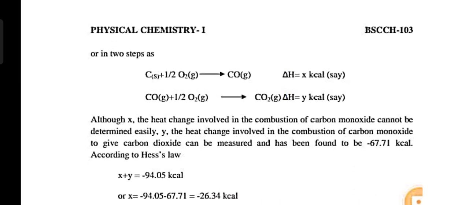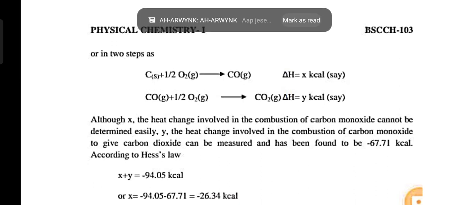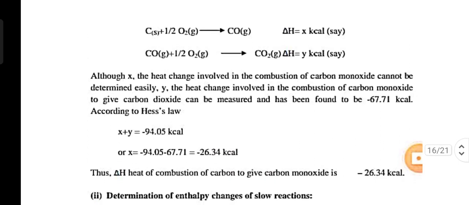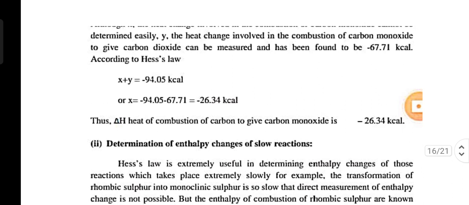Although x, the heat change involved in combustion of carbon to carbon monoxide, cannot be determined easily, y, the heat involved in the combustion of carbon monoxide to give carbon dioxide, can be measured and has been found to be minus 67.61 kilocalorie. According to Hess's law, x plus y is equal to minus 94.05 kilocalorie. Thus, del H, the heat of combustion of carbon to get carbon monoxide, is minus 26.34 kilocalorie. Second,